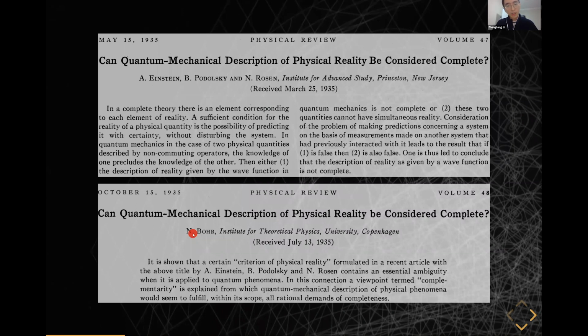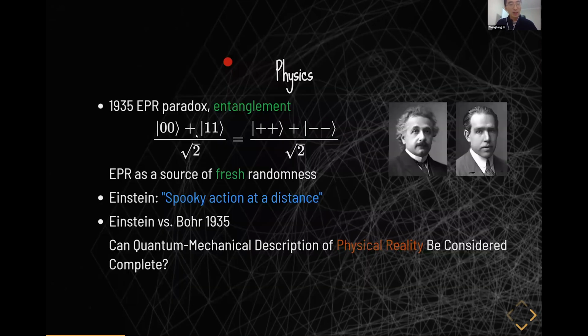It's interesting that even though Bohr's paper is more scientifically correct, if you look at the citations, the EPR paper is much more influential, and we name this particular state the EPR state,